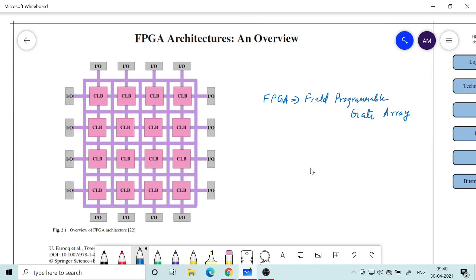And gate array, the term comes because of the way in which the hardware is arranged inside. It is in the form of an array, as you can see.